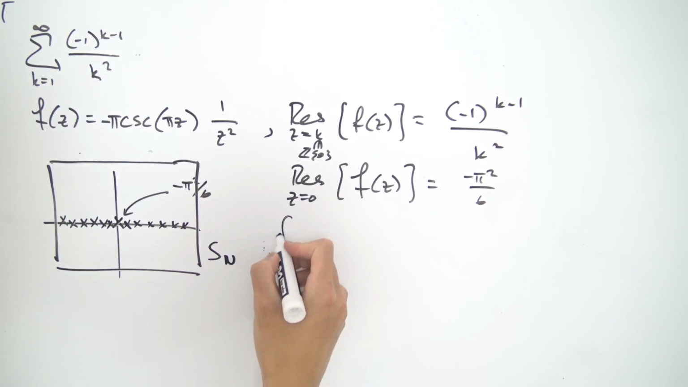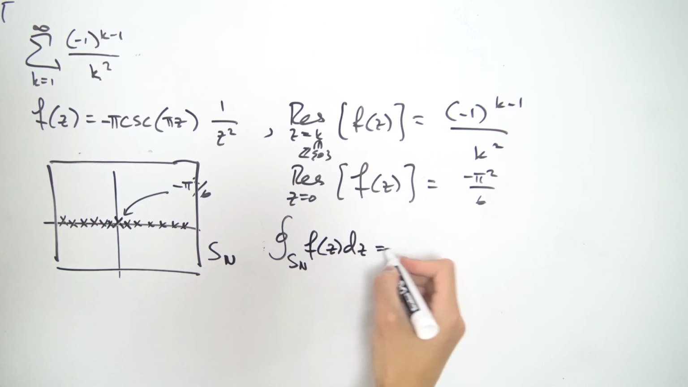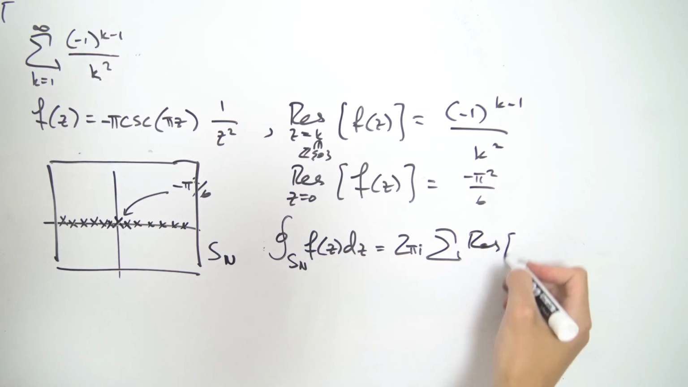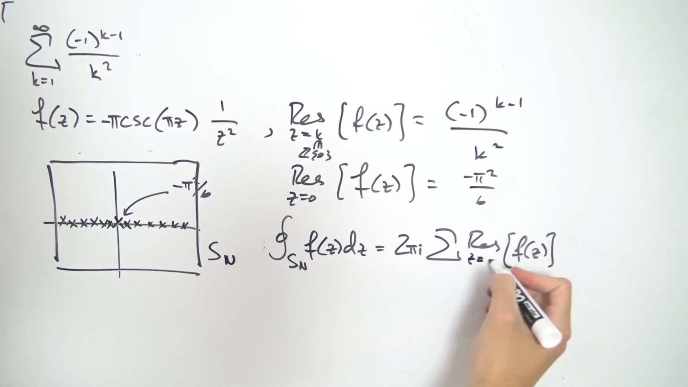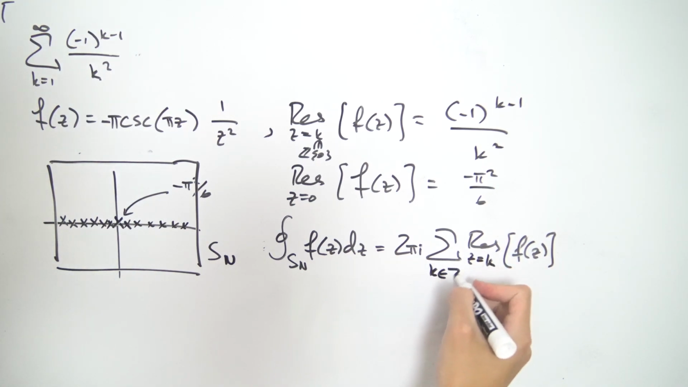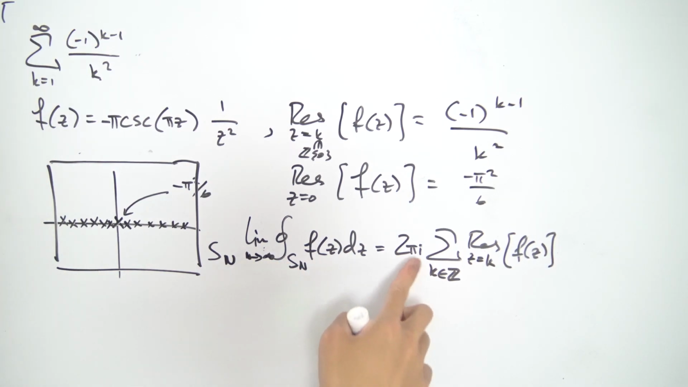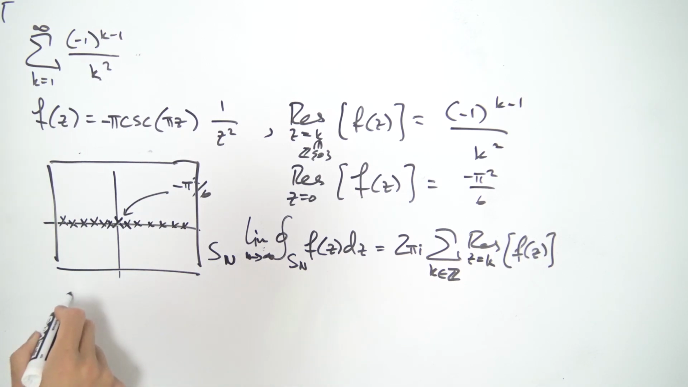So we have the contour integral over this S sub n of f of z dz is equal to 2 pi i times the sum of the residues of our function f of z. And the residues lie at the integers. So let's say z equals k, and k is the integers. Okay, we know that this thing in the limit goes off to 0, so technically there should be a limit out here. So this thing goes to 0, and we have the scalar 2 pi i, and 2 pi i is not equal to 0, so we can divide both sides by 2 pi i,